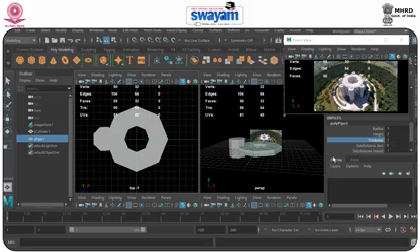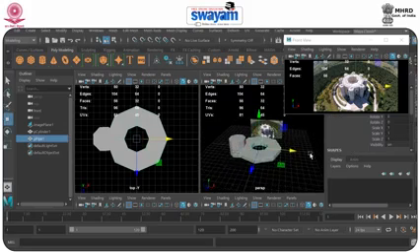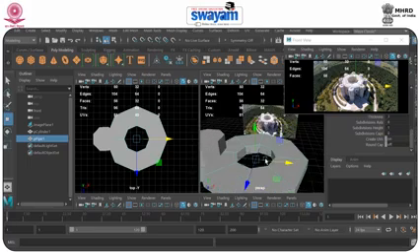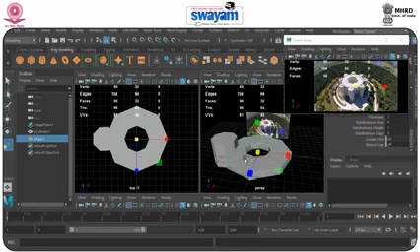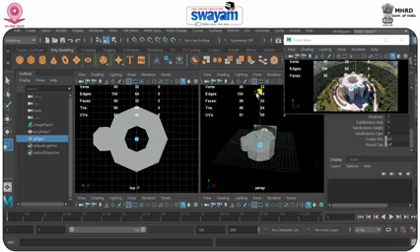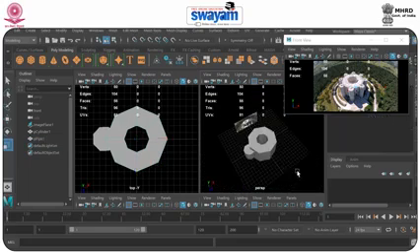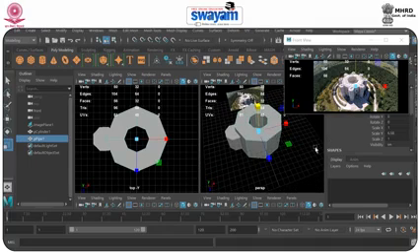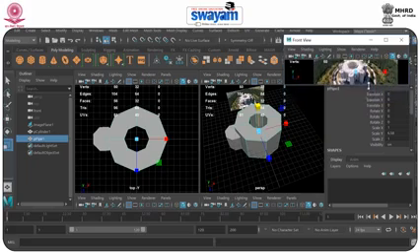So I think it would be fine here, and we require to add height here. So manually what you can do, you can scale it and increase the height of the model. Fine. So here you can see this is a model ready as per the reference.